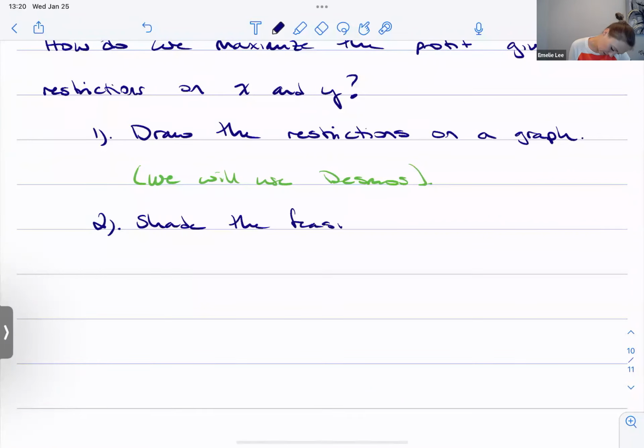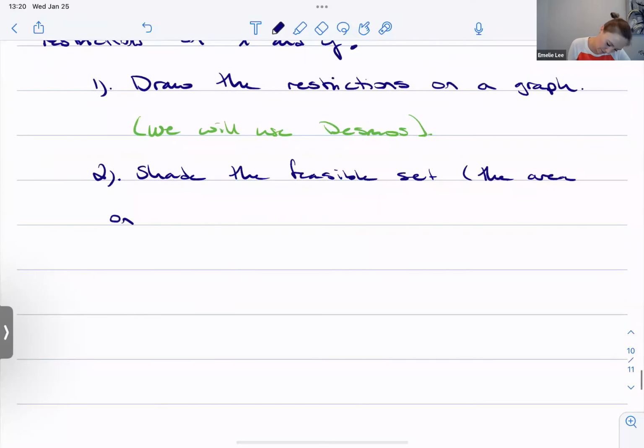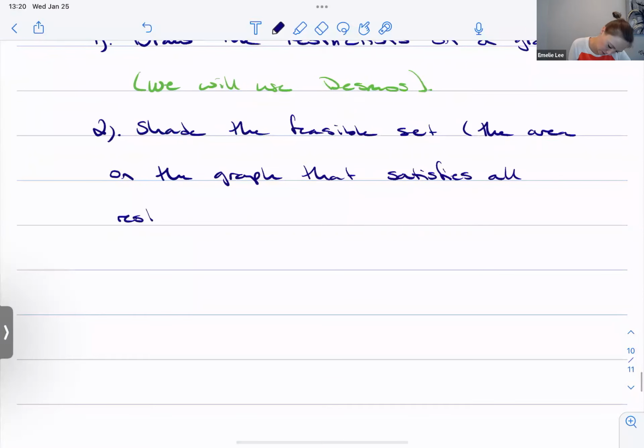Shade the feasible set, the area on the graph that satisfies all restrictions. Okay, because those are all the XY combinations that I could put in and I could find a profit,